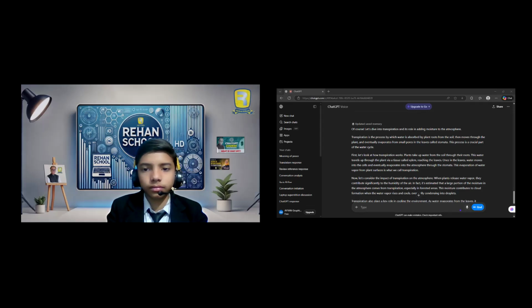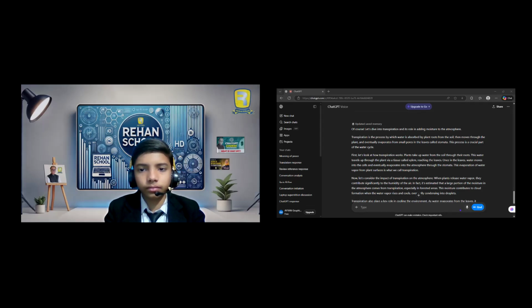Continuing from where we left off, the rate at which rising air cools is known as the adiabatic lapse rate. On average, this rate is about 6.5 degrees Celsius per kilometer of altitude gained. This rate can vary depending on moisture content in the air. For example, if the air is saturated with water vapor, the cooling rate is slower due to the release of